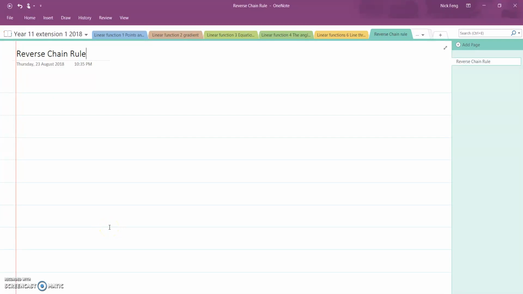I'll continue on integration by substitution, but today we'll be focusing on how to actually use the reverse chain rule more instead of using the substitution u. Hopefully you have done the homework I set up, the worksheets for yesterday. So let's start with a revision question. Integrating, let's say, 12x squared